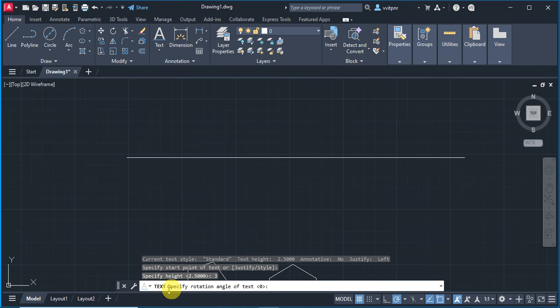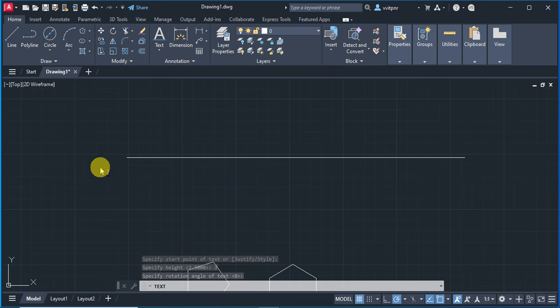So now it is asking the next question. Now we mentioned the height of the text as 3 mm. Now it is asking the rotation angle of the text, and you can see by default the angle is 0 degrees here. You keep the same thing because I want to create the text, now you can see, click on the center button. Now you can see here it shows some blinking